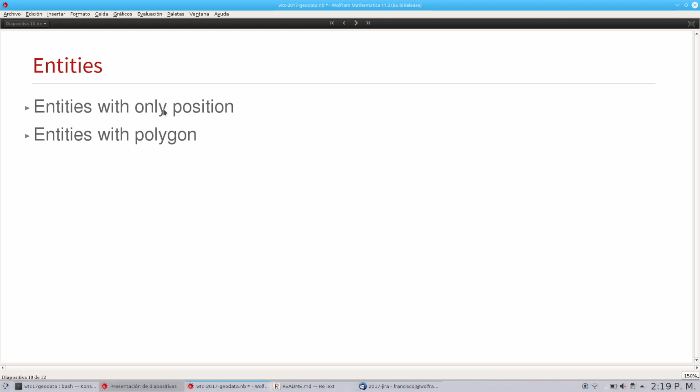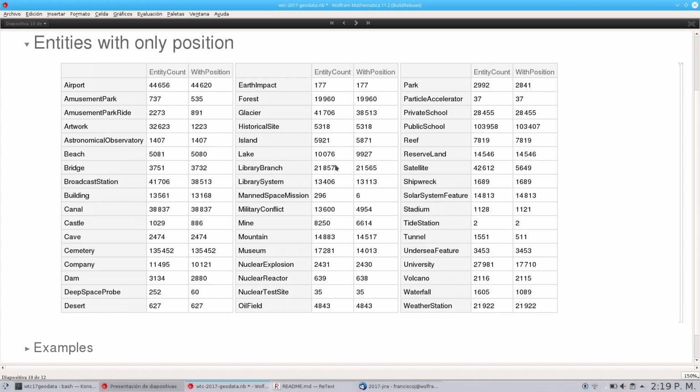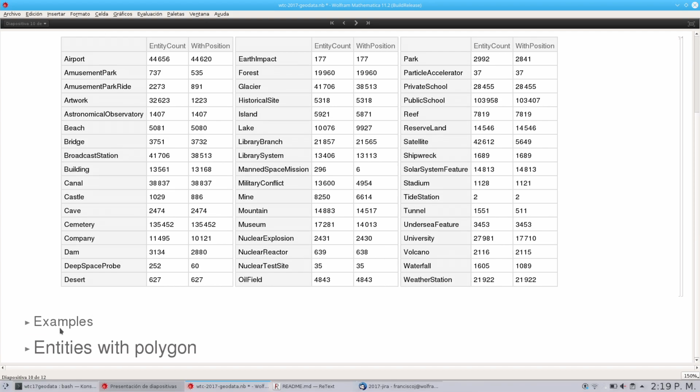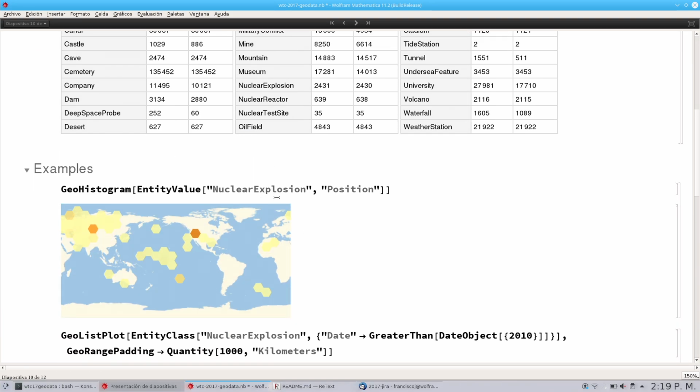Then about the entities. We have plenty of entities coming from Wolfram Alpha with position, but not all the entities have this position value. I have here a table with the number of entities and the number of entities with that position value set. In some cases it's the same, not in others. And well, some few examples. For example, if I want to do a histogram of all the nuclear explosions that we have in the system,